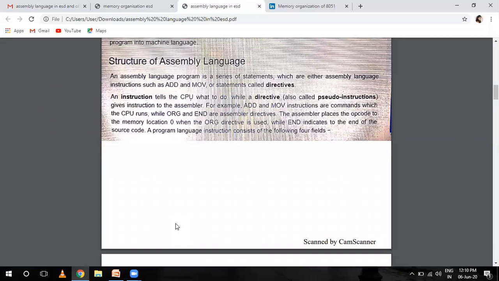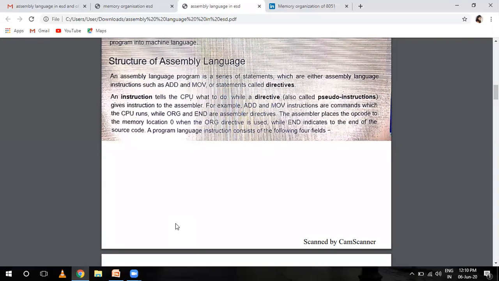An assembly language program is a series of statements, which are either assembly language instructions such as ADD and MOV, or statements called directives. An instruction tells the CPU what to do, while a directive gives instructions to the assembler. For example, ADD and MOV are instructions, commands which the CPU runs, while ORG and END are assembler directives.